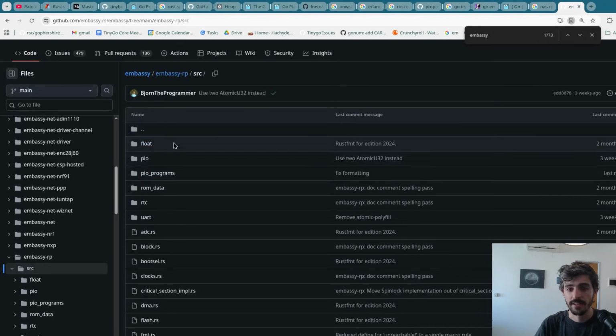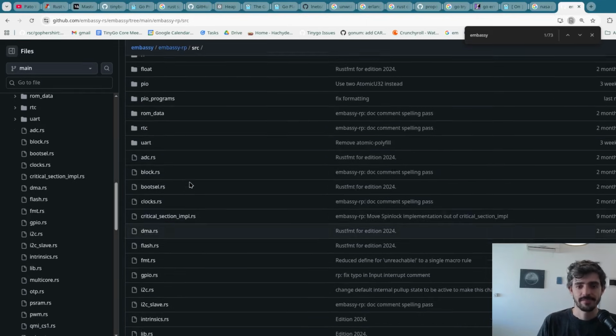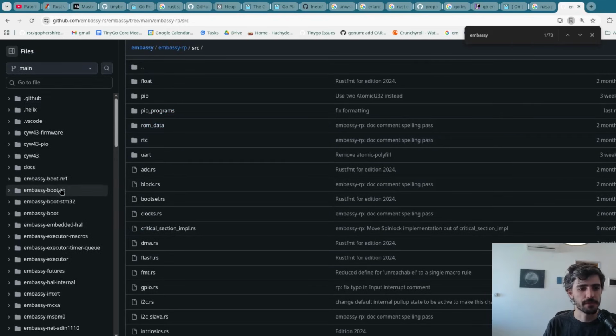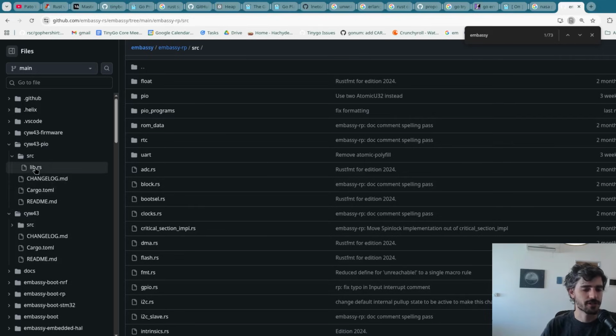But I feel like this is an example of, hey, you can overdo your abstraction from the metal in Rust, just as you can in Go. So I'm looking for the CYW driver, which is, here it is. It does heavy use of async, and I feel like that's just not good.